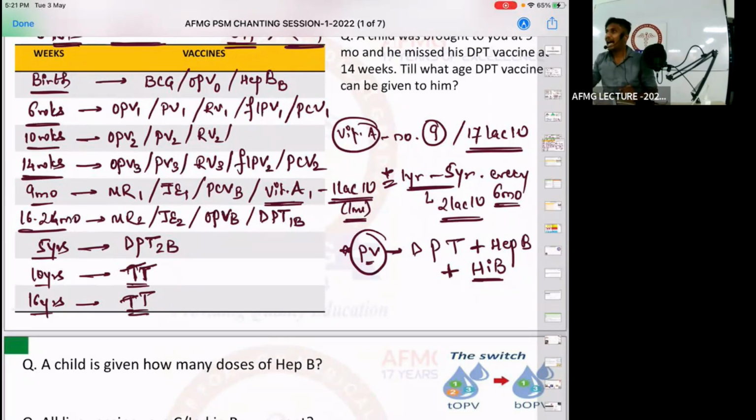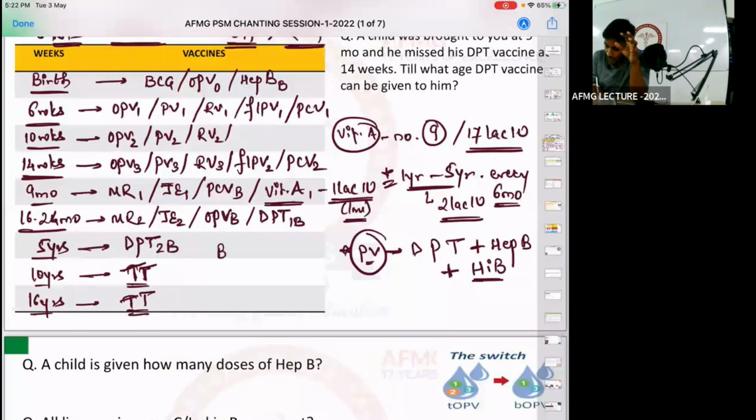ये question आता है, यही पूछते हो, live attenuated vaccine मतलब क्या? What is decreased? Virulence of the organism. And what is maintained? Antigenicity. Means it should not cause a disease, but it should be capable of inducing an immune response in the child. Okay? That is what is live attenuated vaccine. So live vaccines are nothing but all your BCG, measles, mumps, rubella. Okay, usually all of these are your live vaccines. Chickenpox vaccine, H1N1 and Japanese encephalitis.